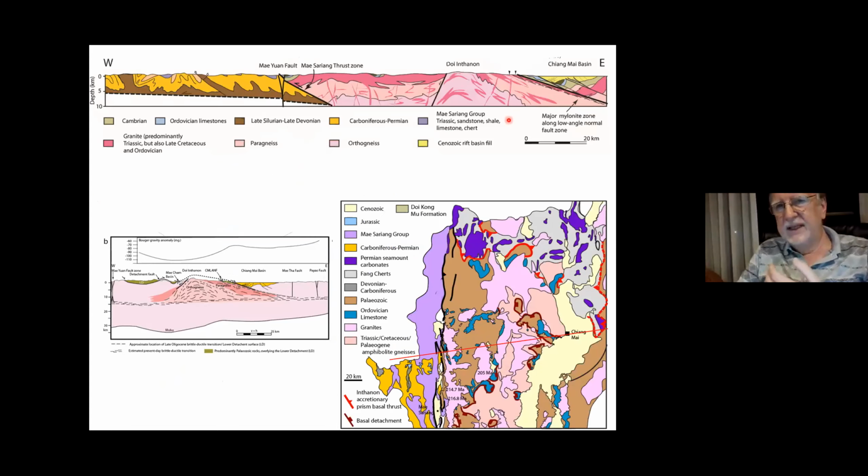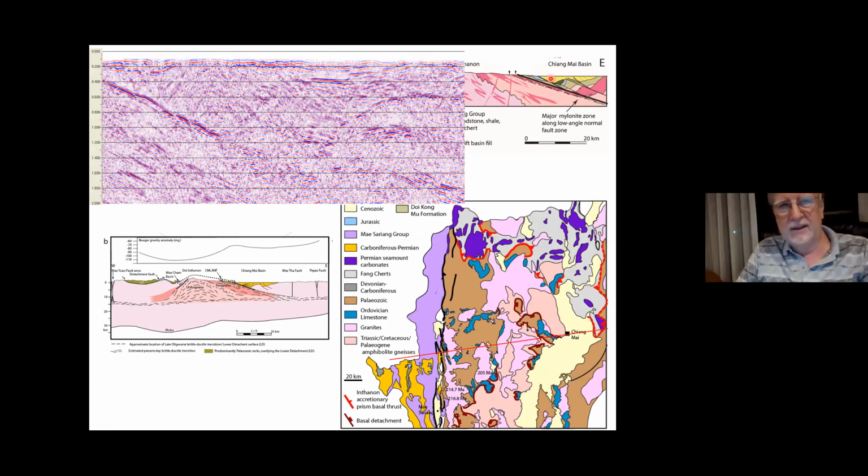But then in the Cenozoic, this detachment zone, you can just see some of the Paleozoic metasediments here that are in a detachment above paragneisses and orthogneisses. These get reworked by a Cenozoic low angle normal fault that dips out at about 25 degrees here and gives rise to a metamorphic core